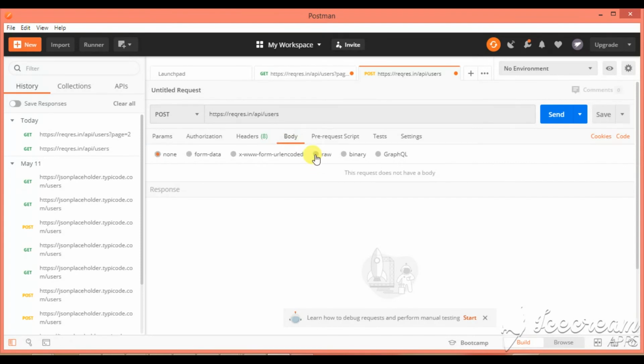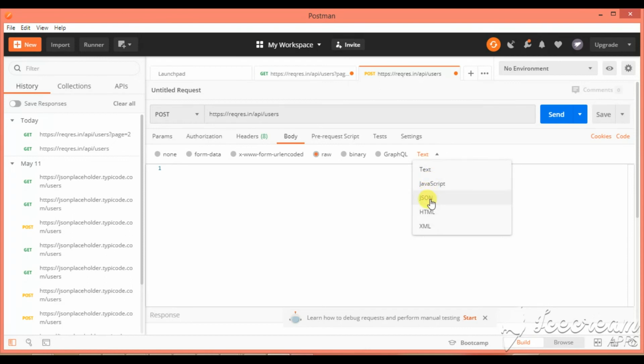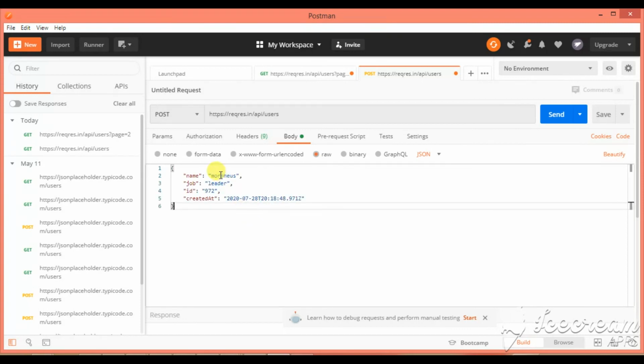You can see raw. I don't have anything here, so I'm going to select raw with JSON. Then I will copy paste the data.